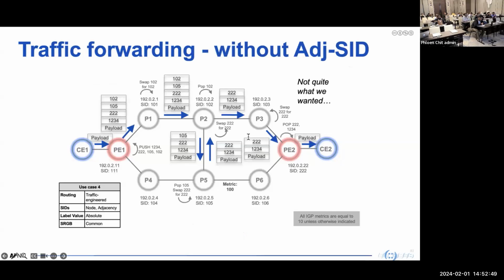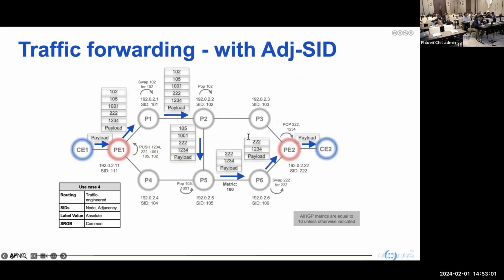In case we were to employ the same solution as use case 3, it will happen like this. It will not go to P6 because the shortest path from P5 is through P2 to PE2. To solve this problem, we utilize the adjacency seed of 1001. Instead of pushing 102, 105, and 222, now PE1 needs to push